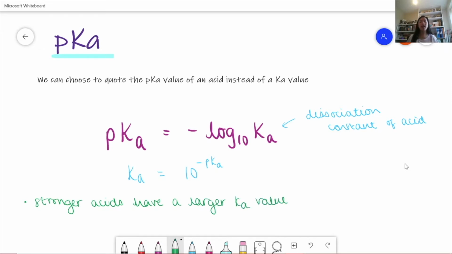And because they have a larger Ka value, that means they need to have a smaller pKa value. That's because looking at this here, if the pKa is very, very large, then this 10 to the minus of a very, very large number would mean that this Ka would tend to 0. So it'd get closer and closer to 0 as the pKa got bigger and bigger. And so if you want a large Ka value, not tending towards 0, we need a small pKa. So stronger acids have a larger Ka value and a smaller